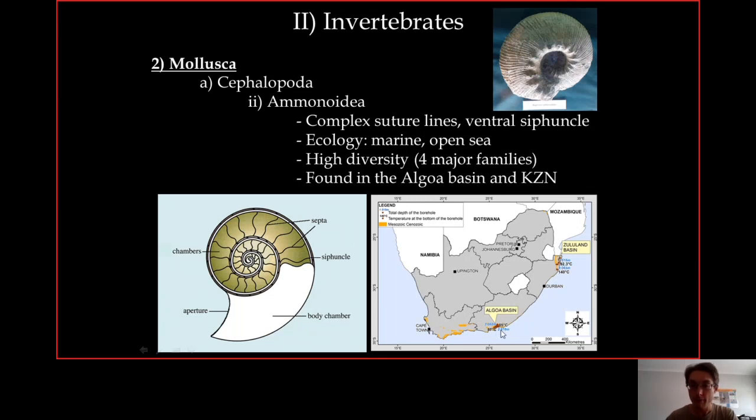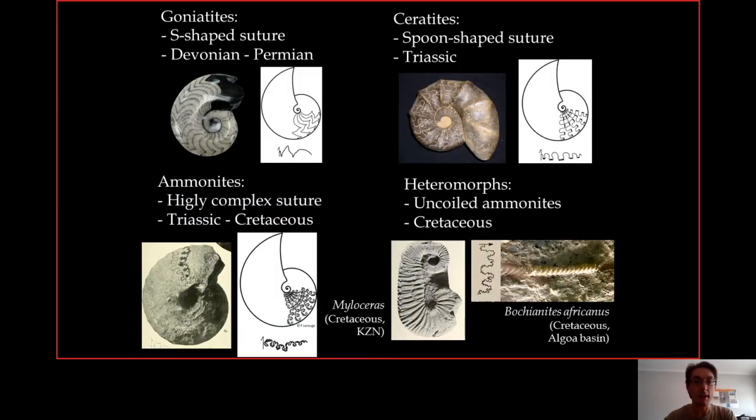So the correlation of these two basins was done well before dating methods were available, and it was done using the content in ammonoid fossils. So this is, for example, an ammonoid from Port Elizabeth, and you find the same species in the Algoa Basin and in the Zululand Basin. So they are very, very useful for correlation. And this is why, because all four families have different time